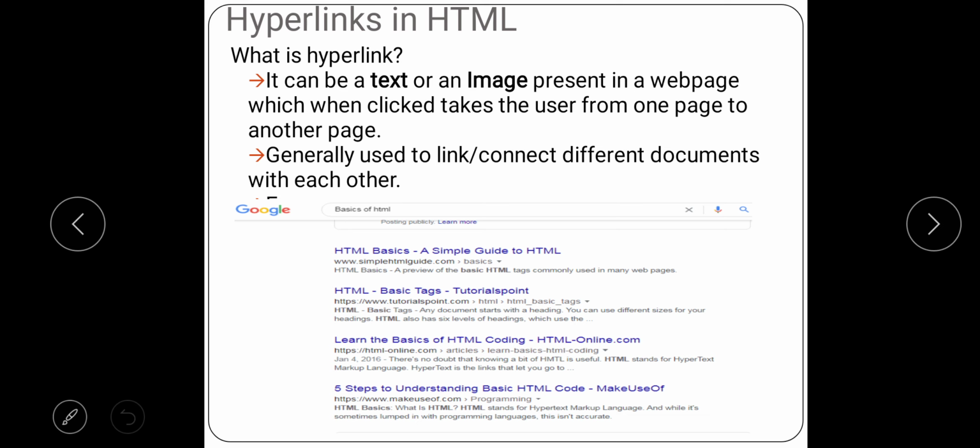The definition of a hyperlink is that it can be a text or an image present in a web page, concentrate here, which when clicked takes the user from one page to another page. So we can say that it is generally used to connect different documents with each other.